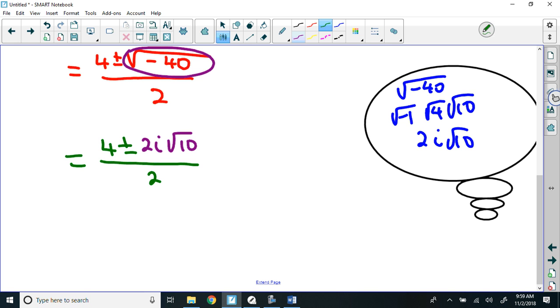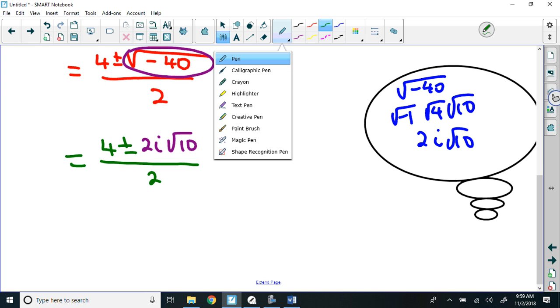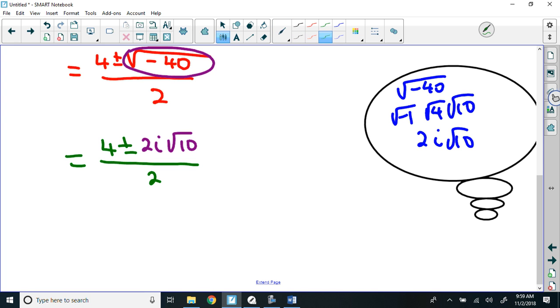Now, it's kind of unfortunate that we haven't studied Chapter 8 yet. I know I keep saying that over and over again. But in Chapter 8, we study how to simplify something like this. When you simplify, you have to understand that 4 halves can be simplified, as well as this 2i over 2. That 2 in the bottom will cross-cancel both the 4 up top and the 2 up top. So the 2 in the bottom becomes a 1, the 4 becomes a 2, the 2 becomes a 1, and